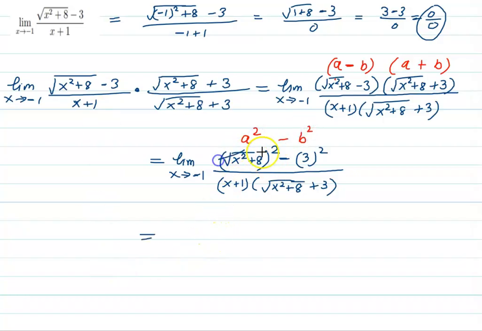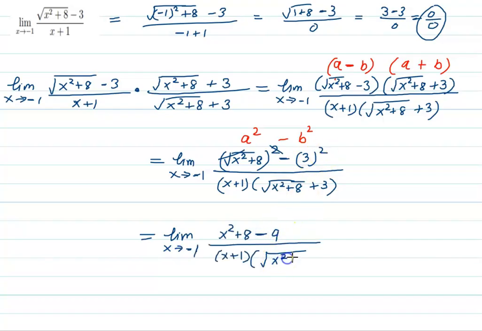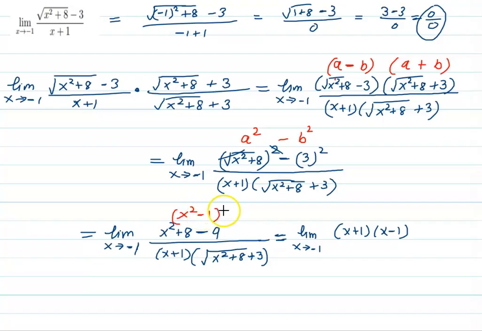Now the square root gets eliminated with the square, and we are left with just x square plus 8 on the top minus 3 square is 9. Then we write the whole expression in the bottom. After simplifying the top, we get x squared minus 1. This x squared minus 1 gets factored into x plus 1 times x minus 1, because x squared minus 1 can be written as x squared minus 1 squared. This is just like a square minus b square,